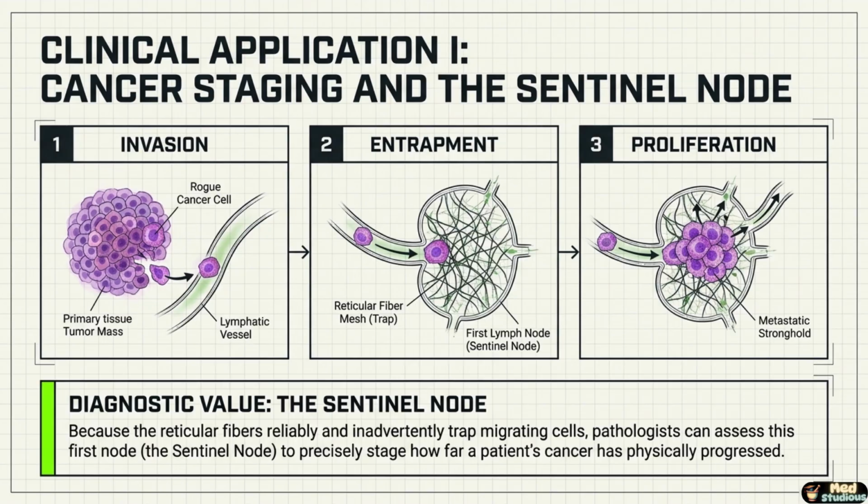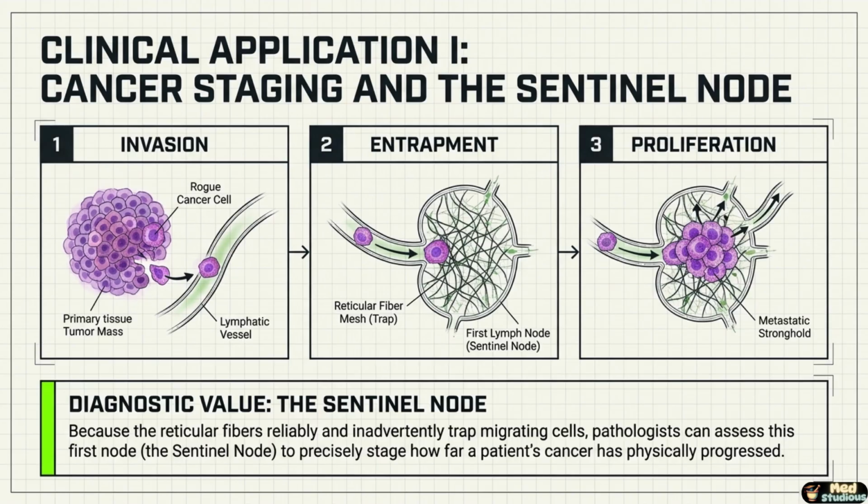Remember that molecular sieve? The reticular fiber mesh reliably and inadvertently physically traps the cancer cell, preventing it from immediately traveling further. Step 3 is proliferation, where the cell establishes a metastatic stronghold inside the node. Because this reticular trap is so reliable, surgeons will locate and biopsy this specific sentinel node. By analyzing if cancer cells are trapped in its reticular web, pathologists can precisely stage how far a patient's cancer